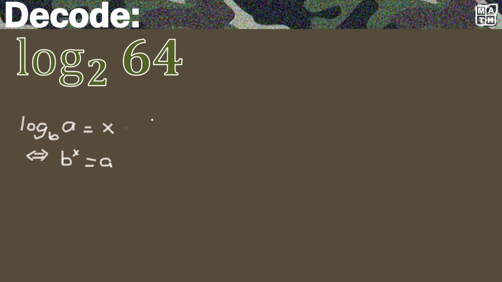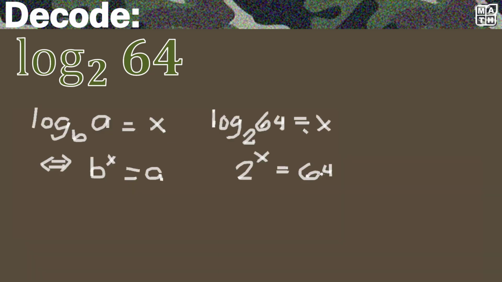And with that, let me write it here: the logarithm of 64 to the base 2 is equal to a variable x. And transforming into an exponential equation, you will have 2 as your base to the power of x is equal to 64. Now that we have this, we are going to use the topics on exponential equations,